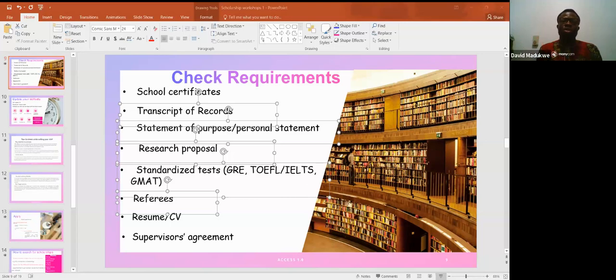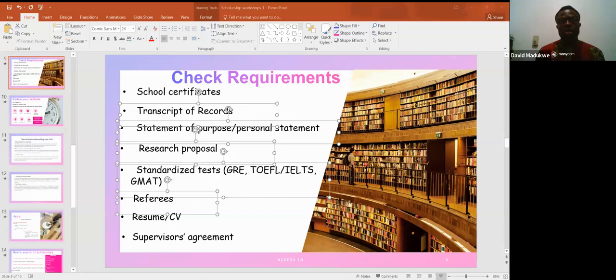and make it short. So in your CV, you don't need to add your date of birth, your religion, or where you are coming from. Those are not necessary. Just your education background. You can equally include your recommenders at the end of your CV, the publications you have had, and your work experiences and many others that tell them that this person is competent or this person can do research in this field he or she is applying to.